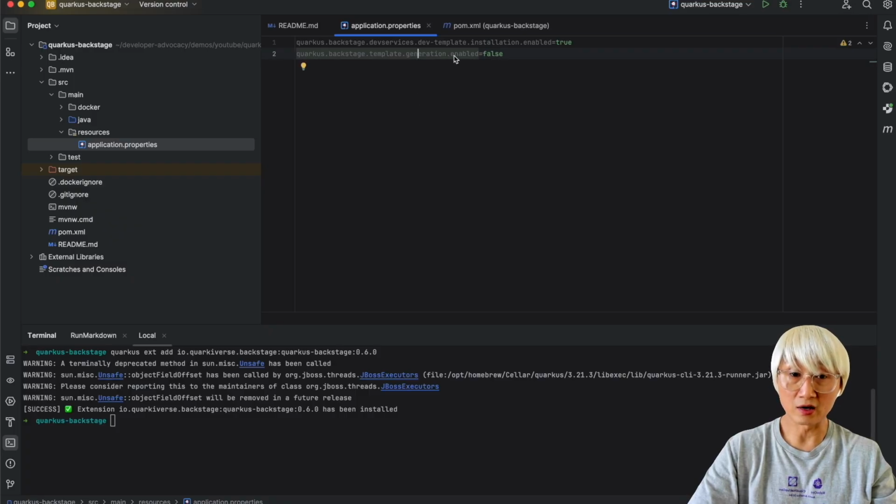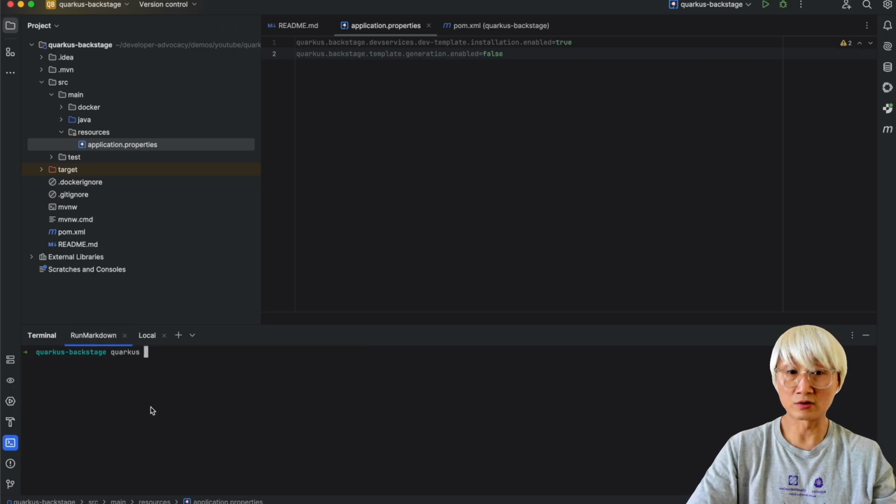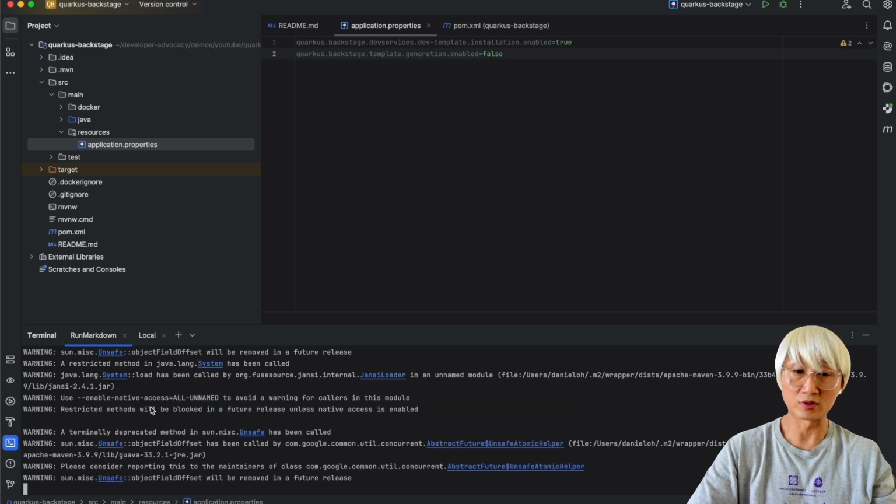So you can see that I'm going to set the dev template installation enabled to true, which allows me to create a new dev template, like a sample, based on my existing Quarkus project. This is hello world. And another thing is template generation is enabled as well, which means I don't want to generate some default, but I just want to generate a software template based on my Quarkus project. Okay, now I'm going to restart Quarkus dev because it's still an experimental feature, so I need to restart Quarkus dev,